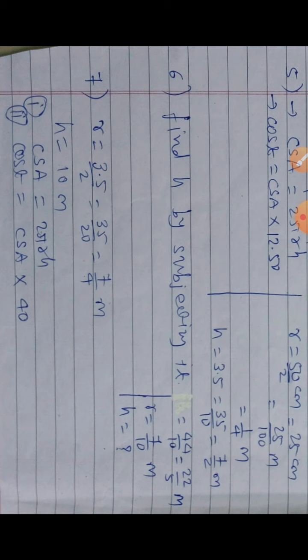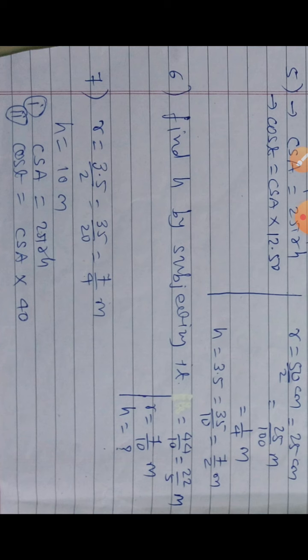But don't divide really. Don't find 3.5 divided by 2, it will become 1.75. After getting 1.75, don't remove the point, it will waste your time. So don't do it this way. No real division, just the simplest fraction is required. And as given, 10 meter is already in meter, radius also in meter, but it was in decimal form, so we have converted it into fraction form.